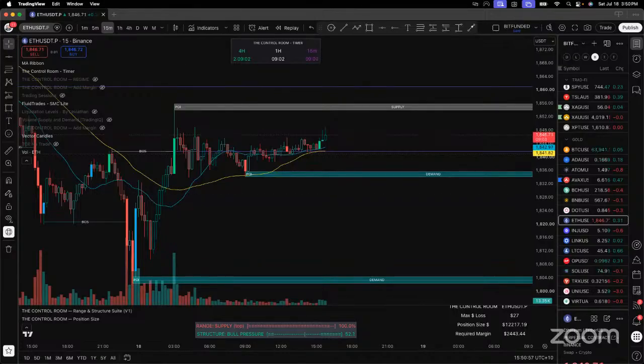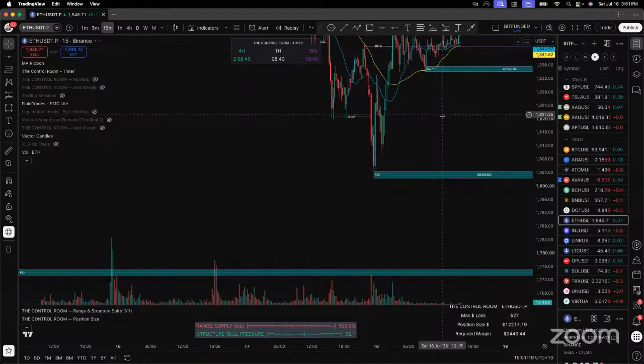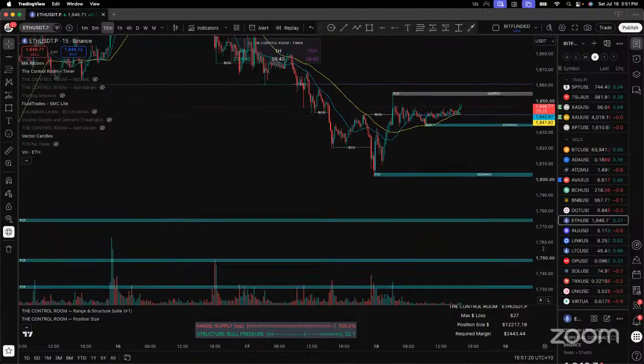Ethereum, let's have a look. Oh, I don't want to add to that. It's too good of an entry. I want to add to that. Yeah, now I've got an entry there. I've already added to that. Wow, oh, that had taken profit. So my entry is 1785.